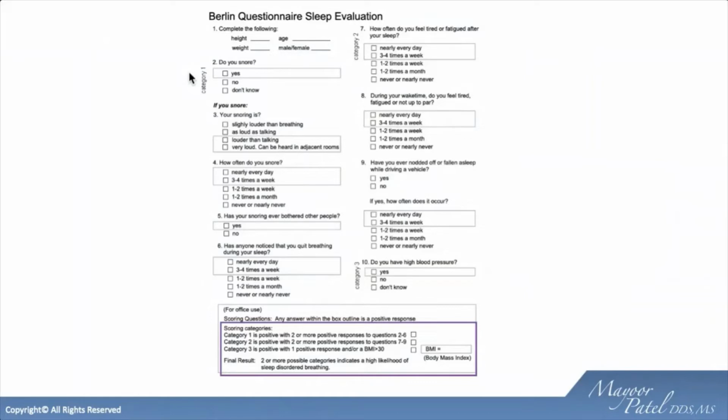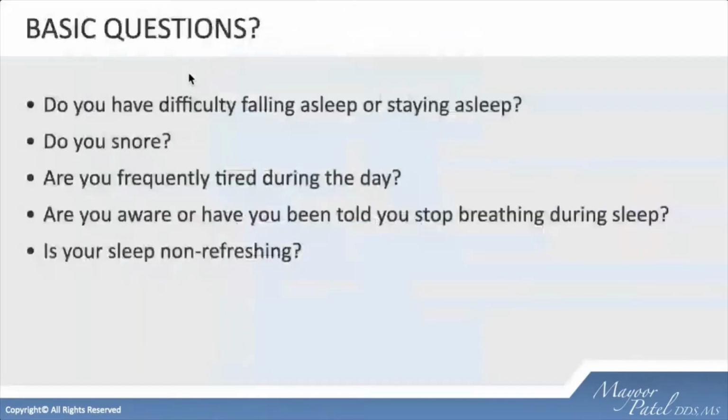So there are some formal questionnaires that one could utilize in a clinical practice. But you can also just ask basic questions. And there's many basic questions just to kind of get the rapport going. And these are great questions for your hygienist to basically ask to your patients. So in a hygiene chair, as the patient's being taken care of, you can extrapolate some information pertaining to the person's sleep that can help you guide in your discussion when you do your final check on them.